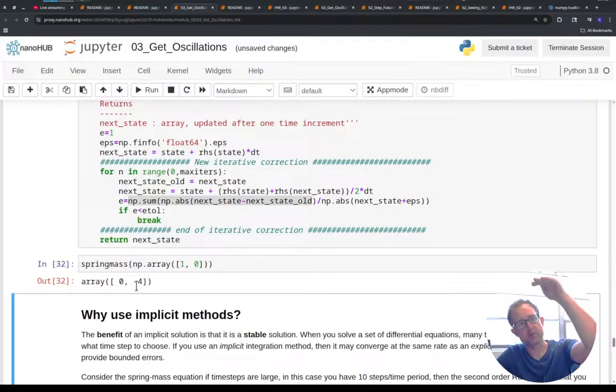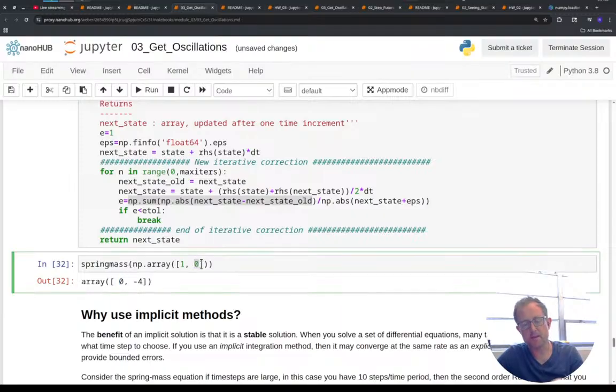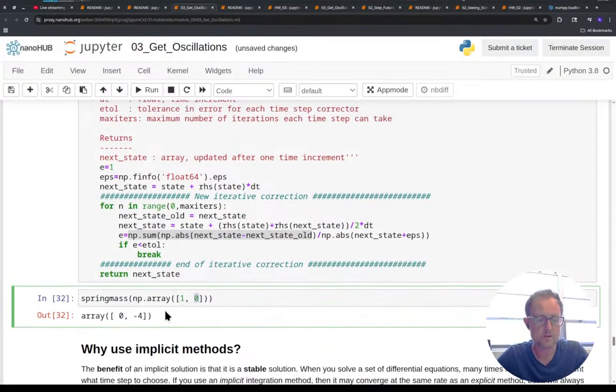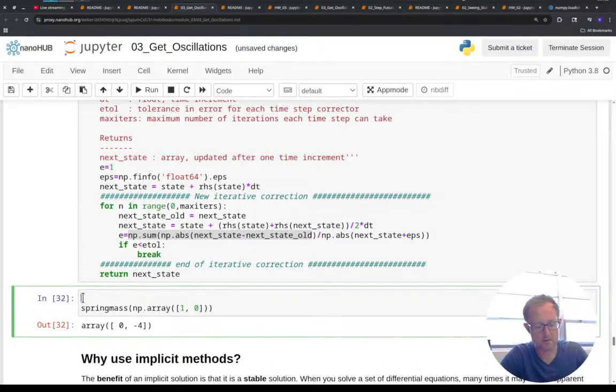We stretch the spring, it's going to pull us back towards 0, but our initial speed is 0. So if this is my initial state and I want to figure out what happens 0.1 seconds later,